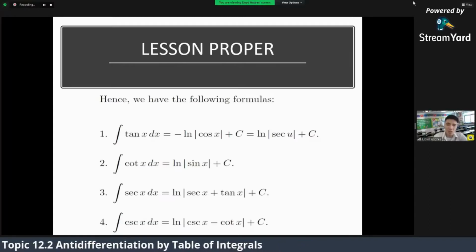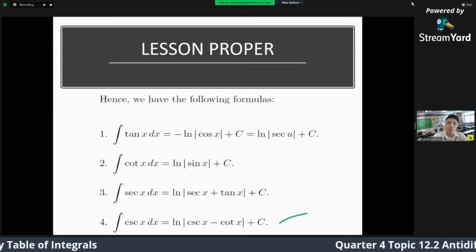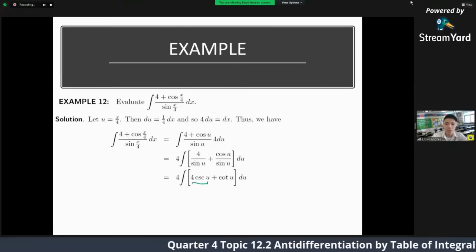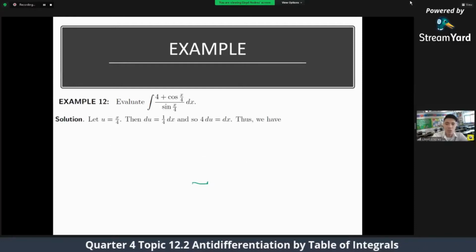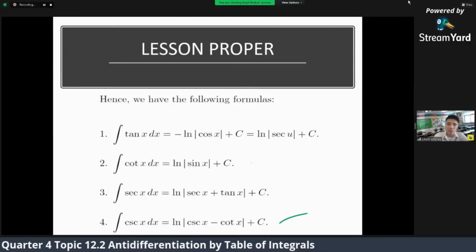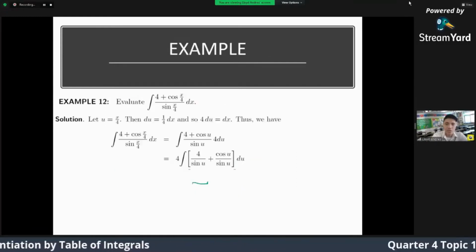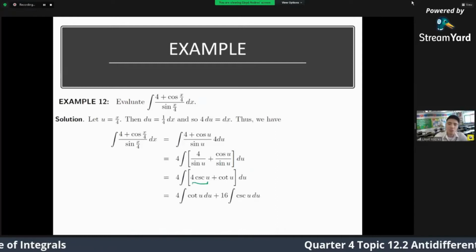Narang cosecant u na to. Dirita magbase cosecant x. ln of cosecant x minus cotangent x. Tapos, ang cotangent u, diri po ta magbase, ln of sin x. So, therefore, ano to? So, integral ni cosecant u,